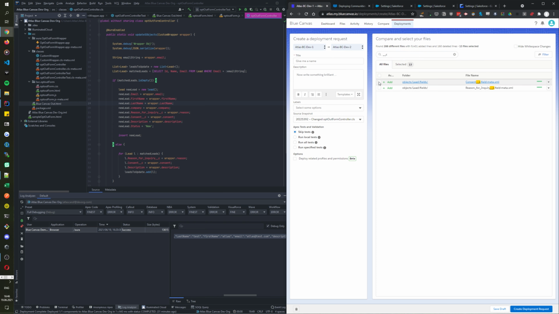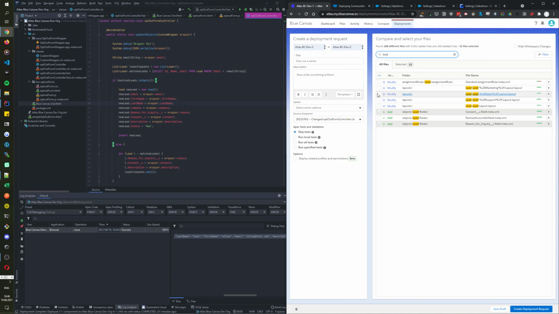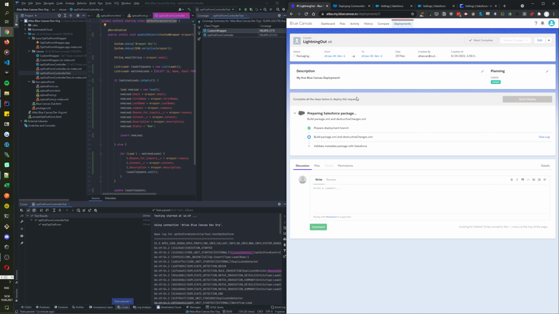So for the lead fields, we had these custom fields, some layouts. So we have picked our dependencies,